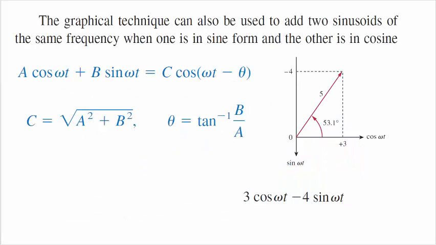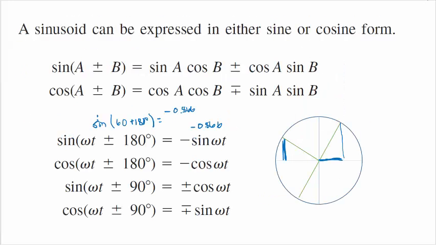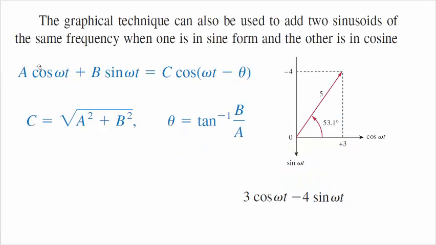So there's also a graphical technique. Well, there's two things that you can do if you want to add A cosine something plus B sine something. There's a couple of different ways you can approach this problem. One way is to take the cosine and convert it to a sine, and then you can add two sines together, which is fine. So I can convert my cosine to a sine using some of these formulas. Or I can convert my sine to a cosine, and then I can add two things together that are both cosine. Or I can use this formula here and get the result from a calculation, which is actually related to